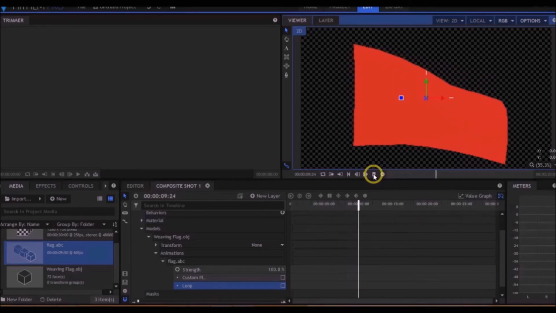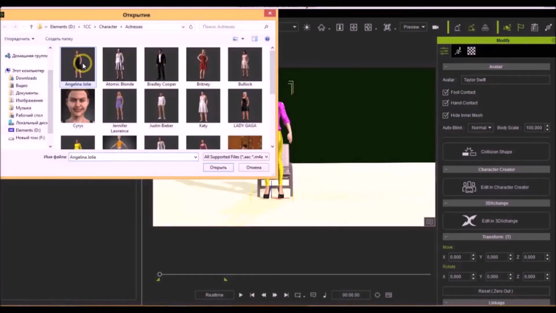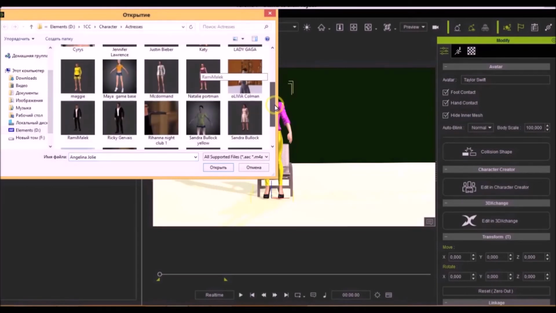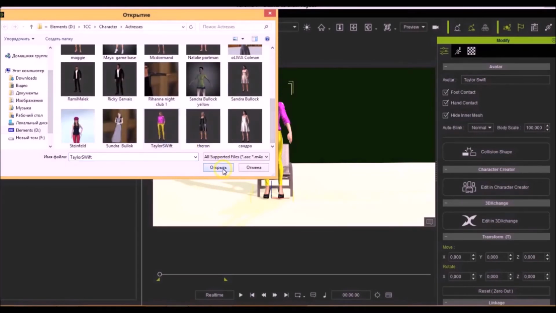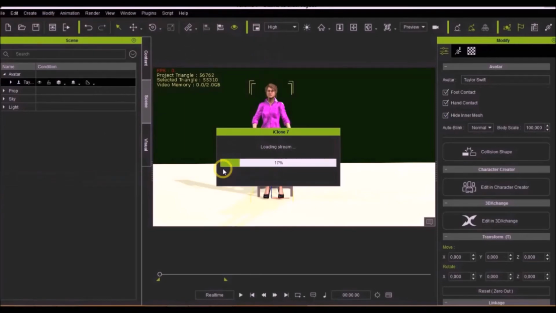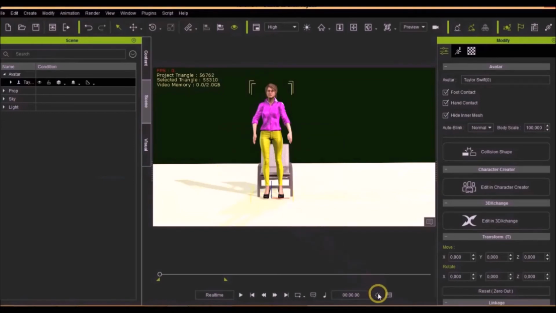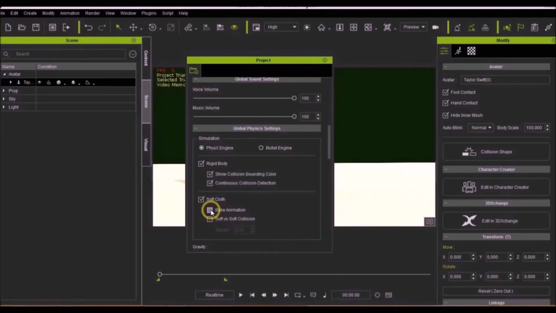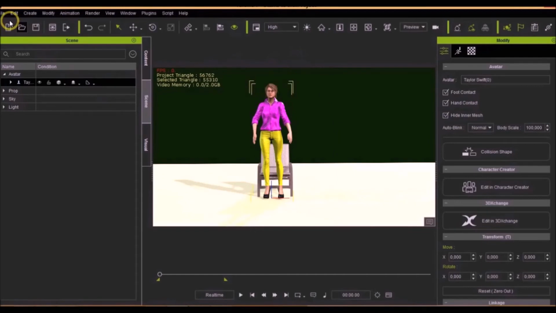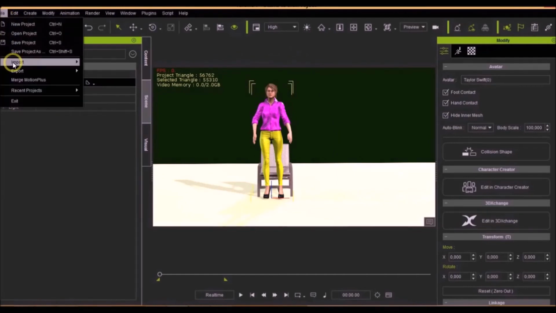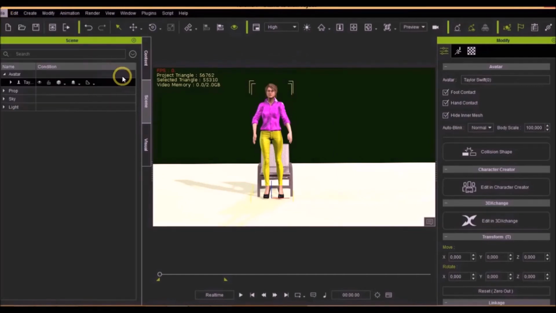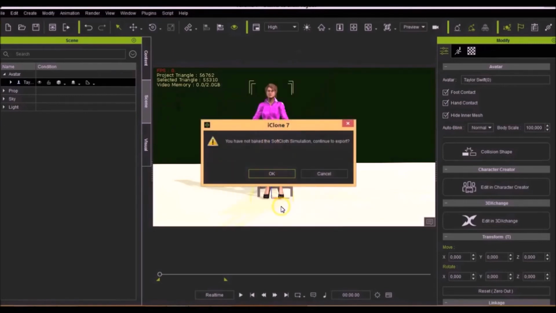After that, we find in the Media tab the pop-up menu in which we find the subsection Import 3D Model Animation. Next, drag and drop the imported flag OBJ file to the editor section.